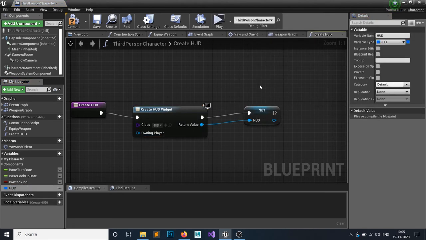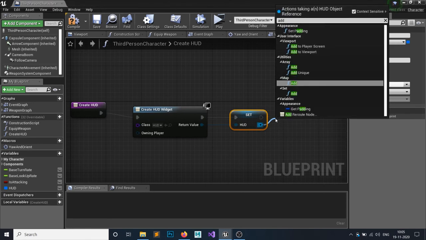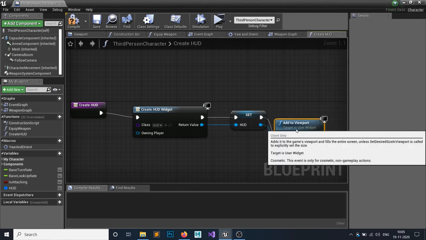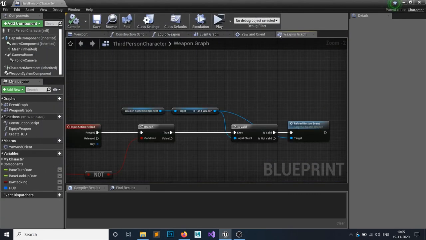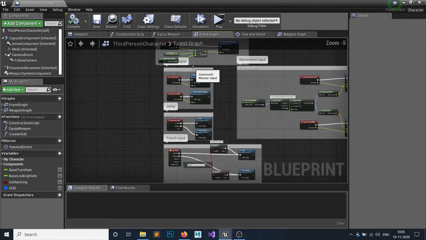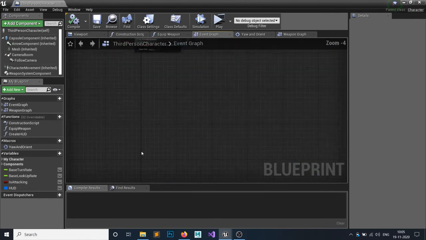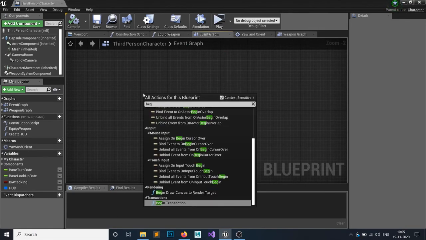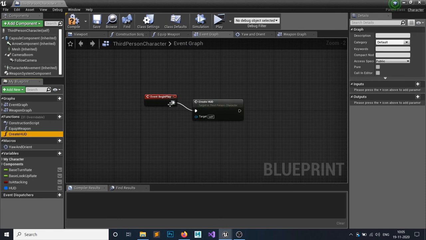You can create this HUD in your game as well as your controller or game mode or the player. So add to viewport. Okay, hit play. Whoops, we have to call out this create HUD. In the event graph, do we have the begin play? Event begin play. Yes, and I want to create the HUD on my begin play.